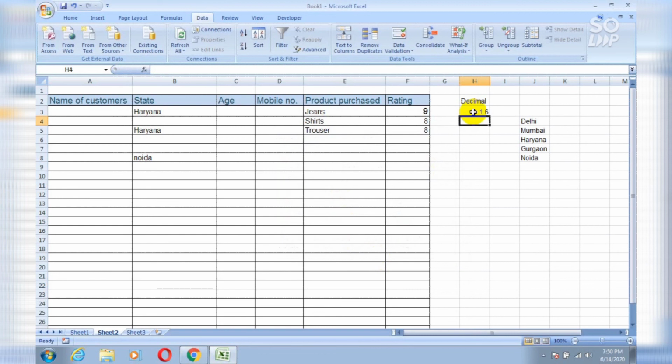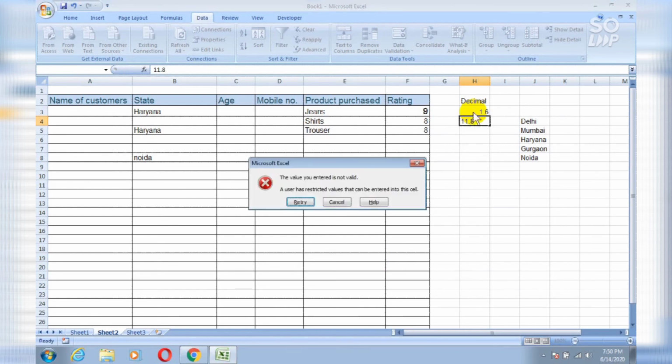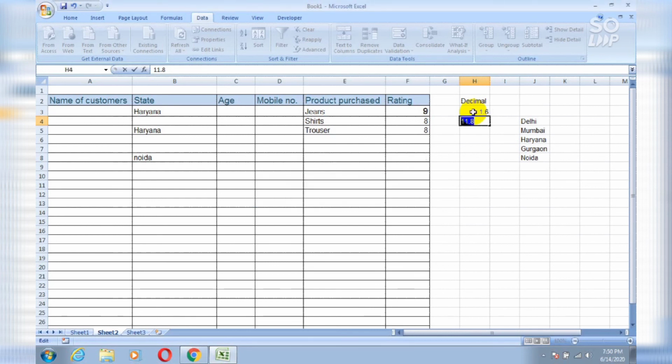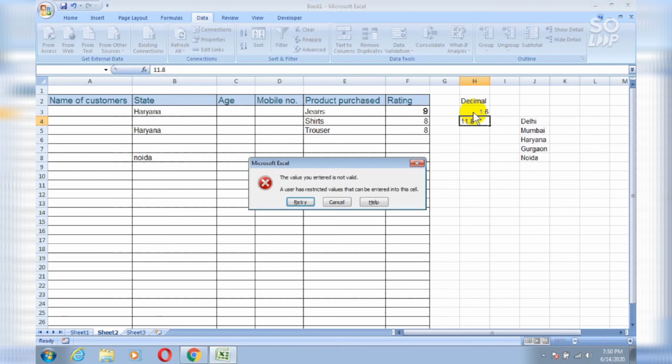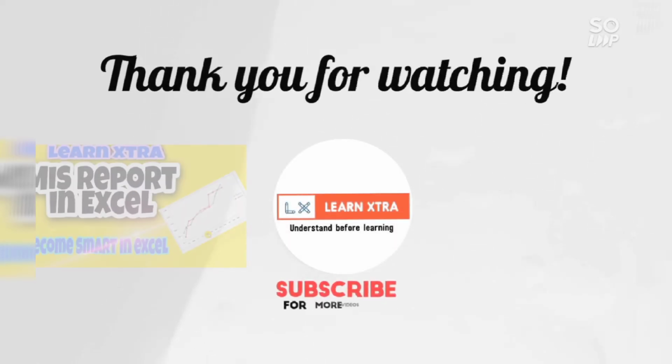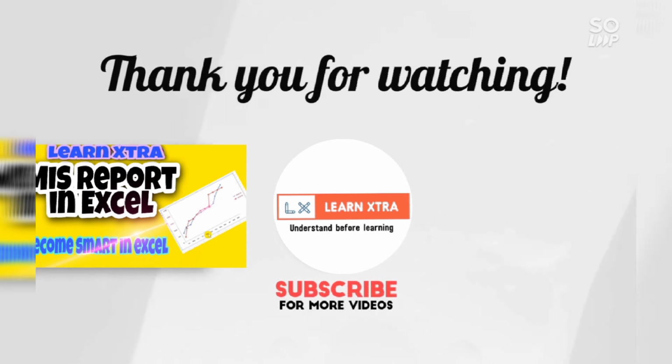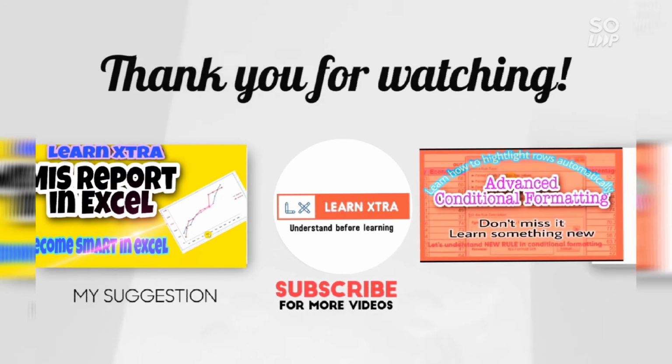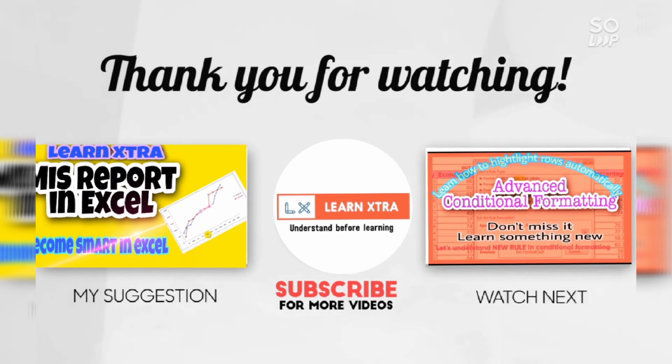So now you can type any decimal number in between these two numbers only. You can't type more or less than these numbers. So be careful before deciding your minimum and maximum numbers. So here as you can see that when I typed 11.8 it shows me an error. So I have to remove it and replace it with any other number less than that. This is how you can use data validation in many different ways like I have shown in